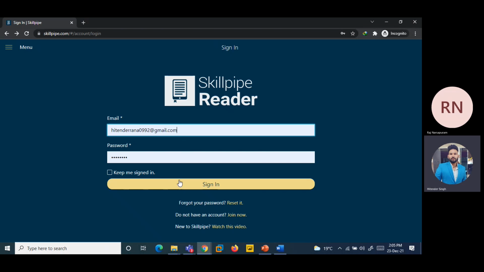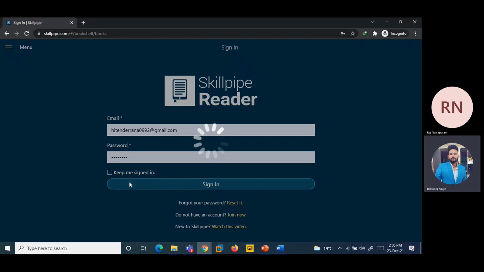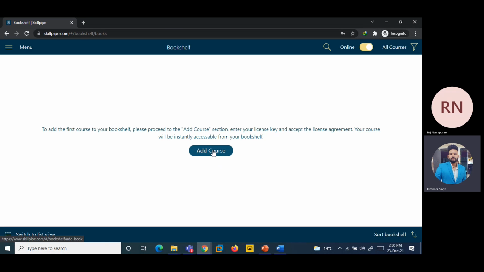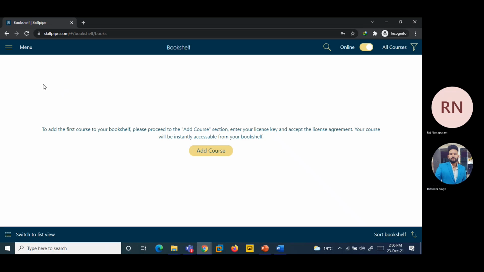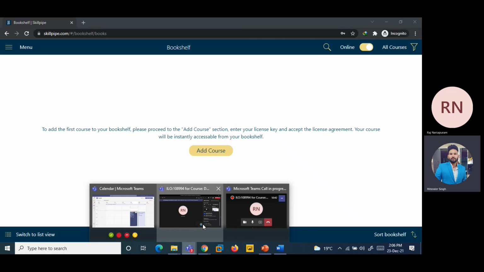You have to provide the credentials here, say sign in. Immediately it would ask you for the key, add a course. Yes, you have to say add a course, then here you have to provide the license key to redeem a course. Once you provide the license key, I will paste that key in the chat window. Then come to the menu and the bookshelf, and over there you will get the e-courseware for 2 to 3 months. So I request you to please redeem your e-courseware, here is the link skillpipe.com, and then